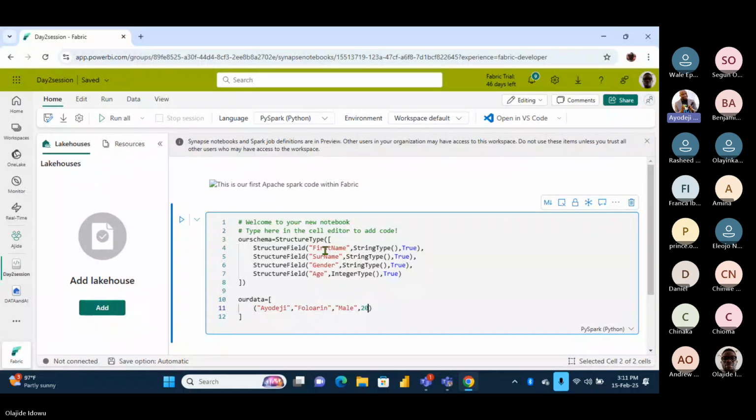Please, after Folarin, put 20 in age. But the 20, because it's integer, don't bother to put it in double quotes. No, I didn't put it in double quotes. If you have completed that line, Ayodeji Folarin, male, 20.